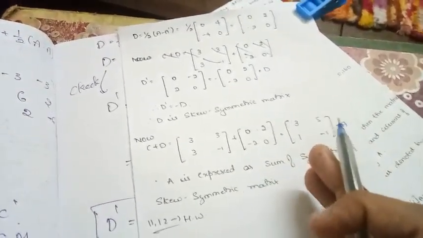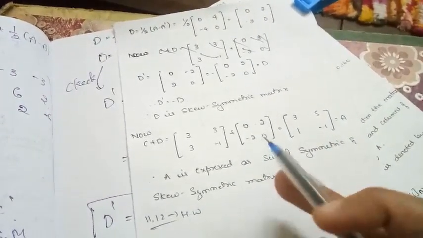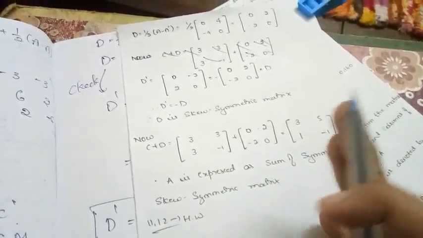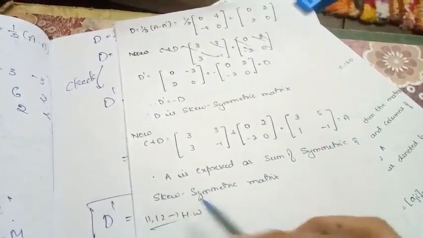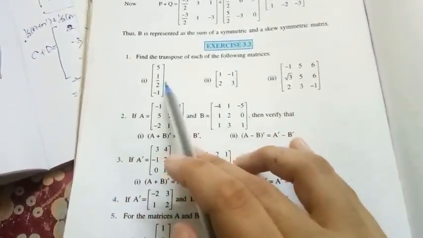So there are 4 questions. I think you can go with all the 4 questions, and the 11th and 12th questions are multiple choice questions. So think with all the properties and then you can solve these 2 problems. And the first 5 problems are also your homework problems. In the first question, they are just asking you to find the transpose of these 3 matrices, which is a very easy question.